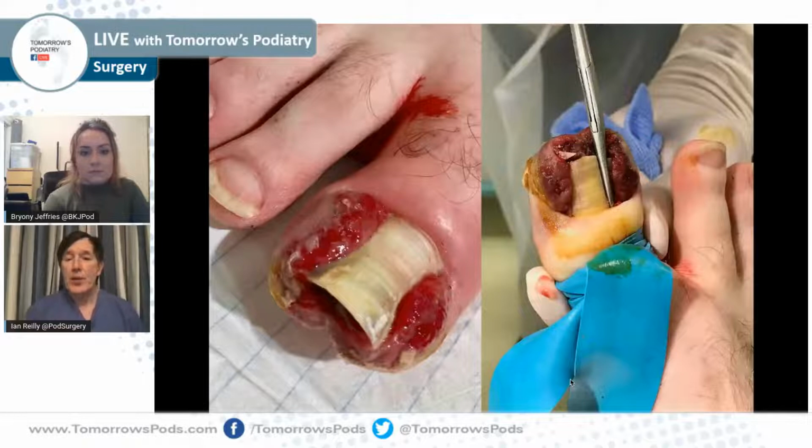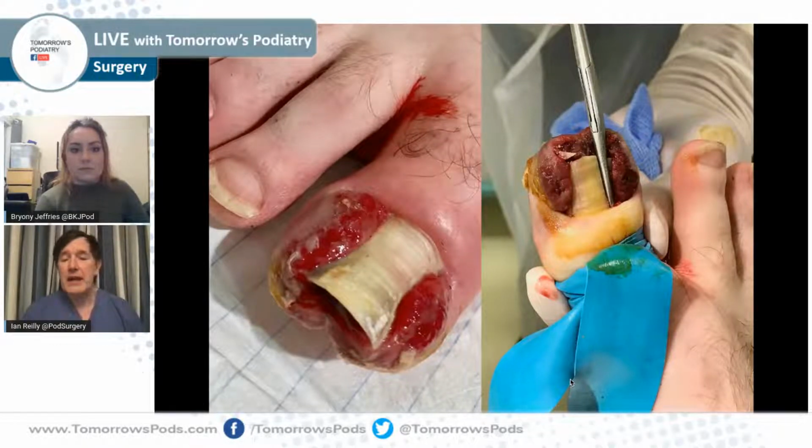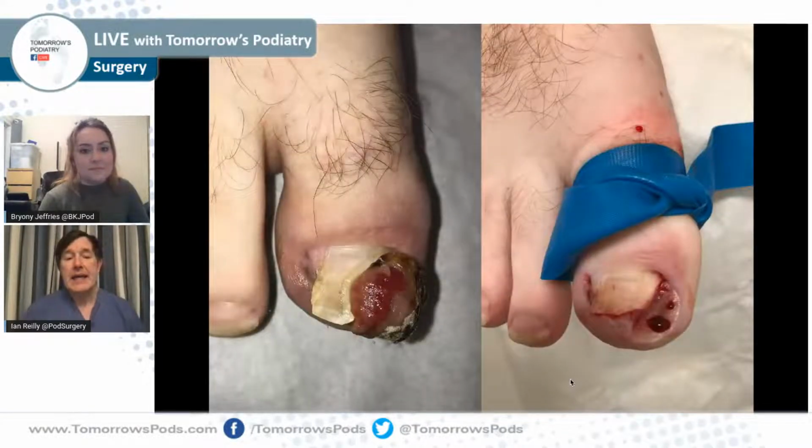Again, another one from the article. And this was a guy, 18 years old, son of a local GP. So I knew the GP really well. He was moderately embarrassed his son turned up like this, and the son refused to let me take the hypergranulation tissue off. So despite my best efforts, he had a bilateral PNA with phenol, and he came back about